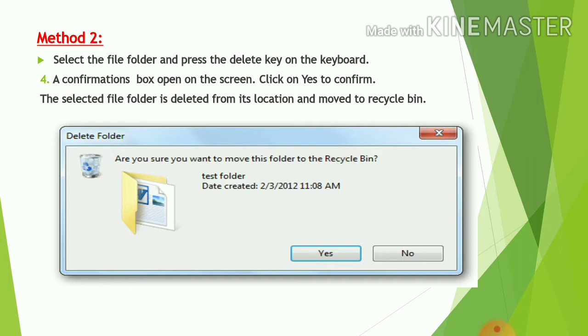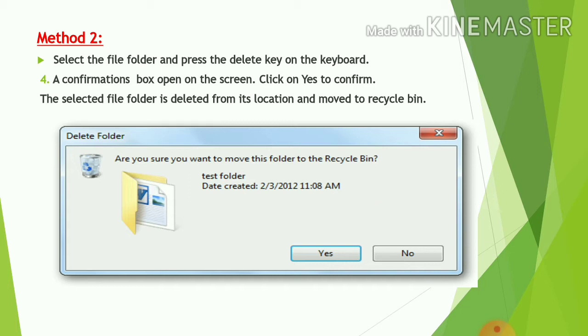So students, when you press the Delete key on the keyboard, the confirmation box will appear on your screen like this. This is a delete folder box. It confirms that you want to move your folder or file to the recycle bin.